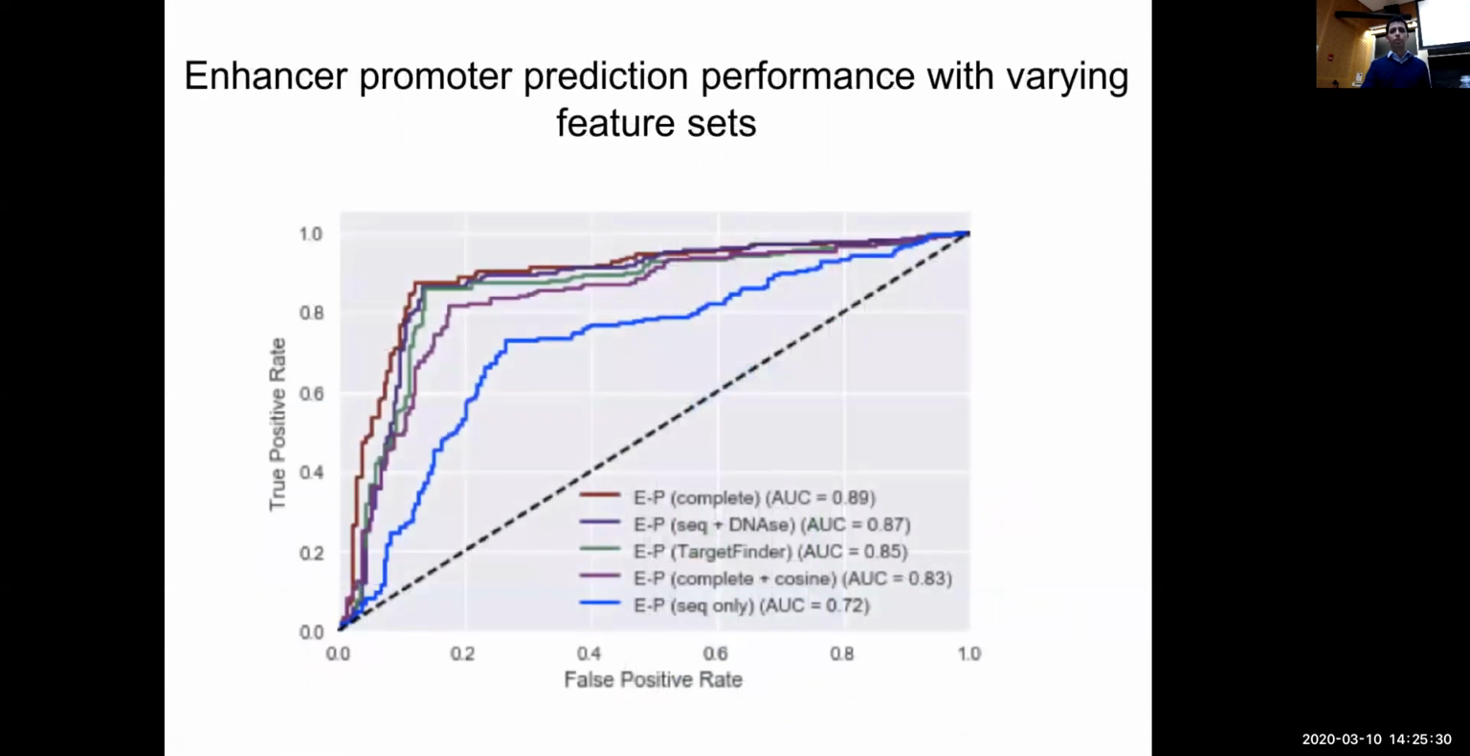And then you can ask, what are the features that are driving these? What are the sequence features? What are the chromatin features? How well am I doing? And how well do I do with different